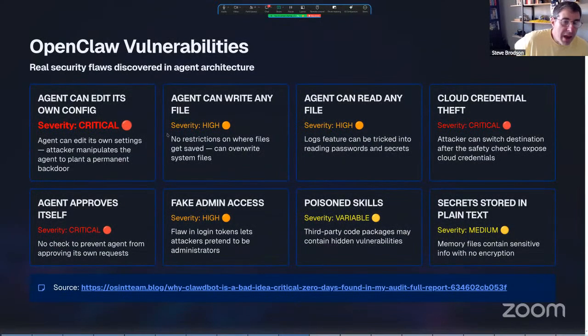Just again, on top of that, those things were the attack surfaces. But these are the vulnerabilities within OpenClaw that have been found that can be used to do the things that we just talked about in those previous slides. I highly recommend, if you're interested in this, there's a link at the bottom of this slide, and you'll get the deck, that you take a look at that, because this is a guy who I don't really know him, but I read him on Medium.